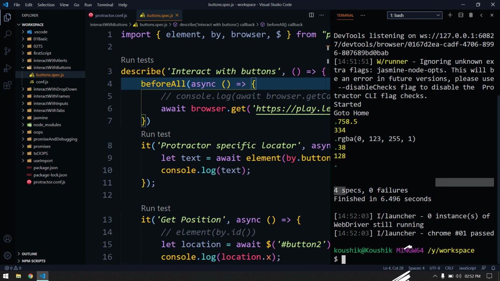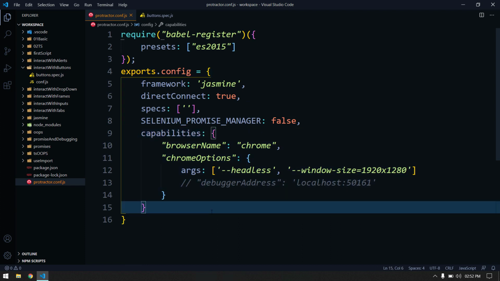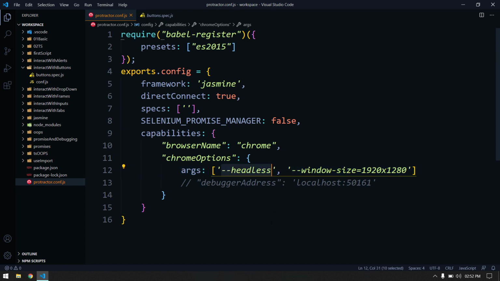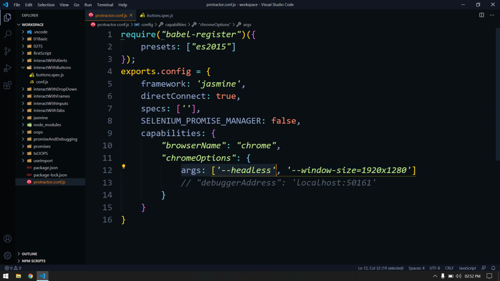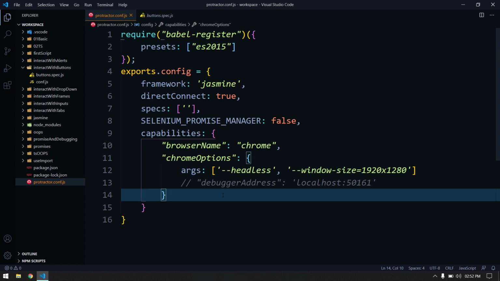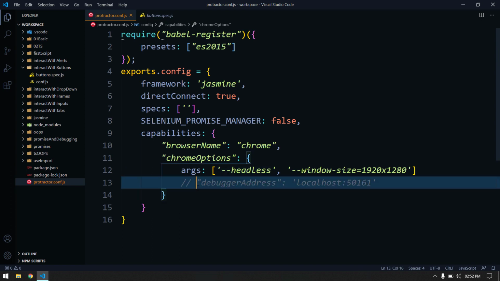That's it guys, it's a very quick tutorial, I know. There's nothing much to learn about it, you just have to add these capabilities. In the next video we will also learn how to run headless mode in Firefox or other browsers. Apart from this, in the earlier stage in Selenium we used PhantomJS or the HTML driver, which are not needed actually. Nowadays most browsers support headless mode by default, so there's no need to use all those. Mostly we use Chrome or Firefox, which already support headless, and Edge and Opera also support this.